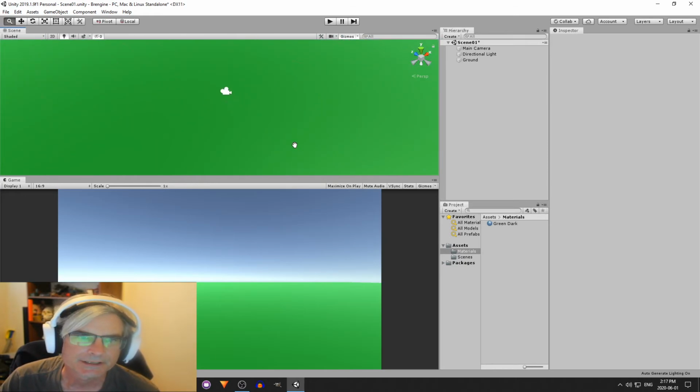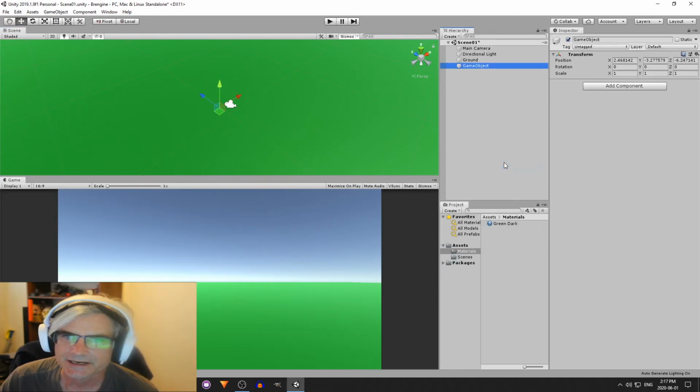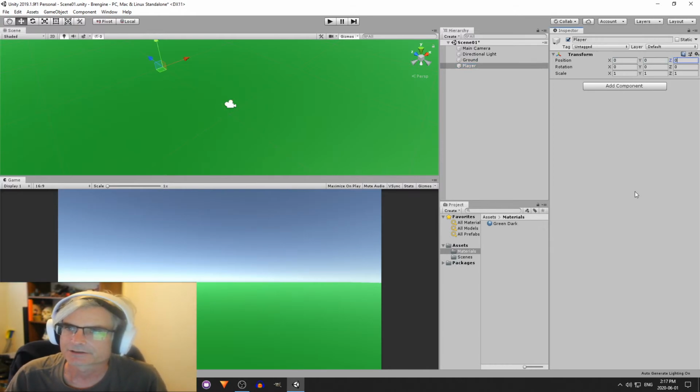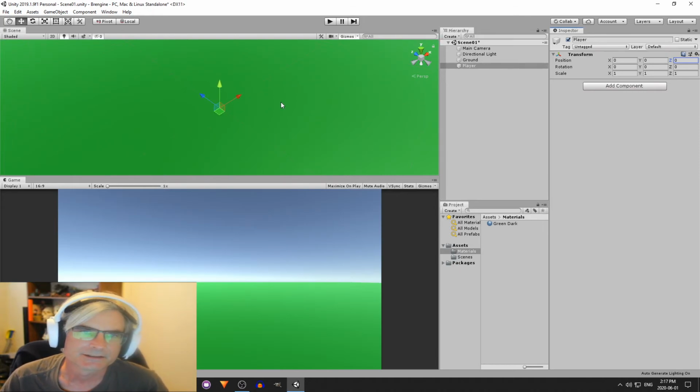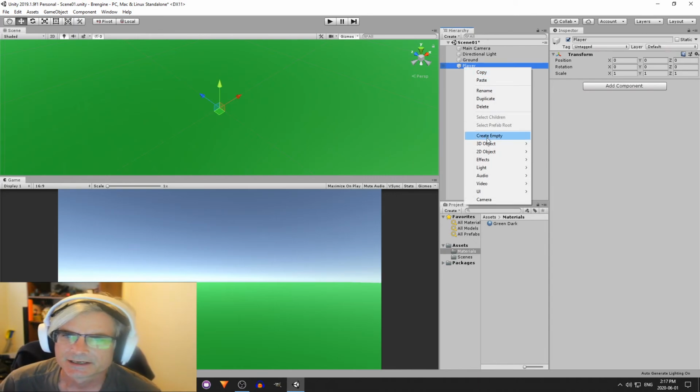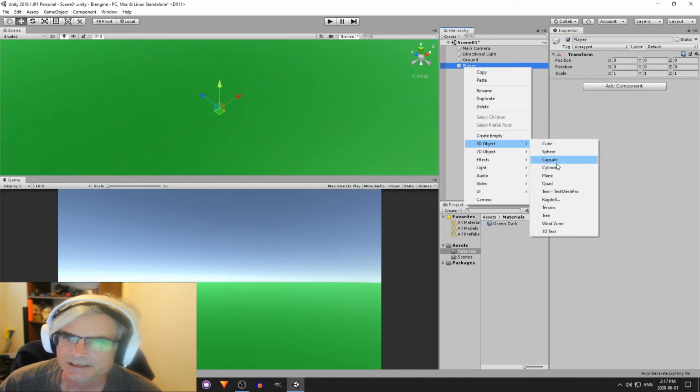Let's make a little player object so we can see what's going on here. I'm going to right click, create empty, and I'll call it player, and make sure it's at 0, 0, 0. Press F to focus. There it is. Now let's give it a little visual. So I'm going to right click on the player and create a 3D capsule